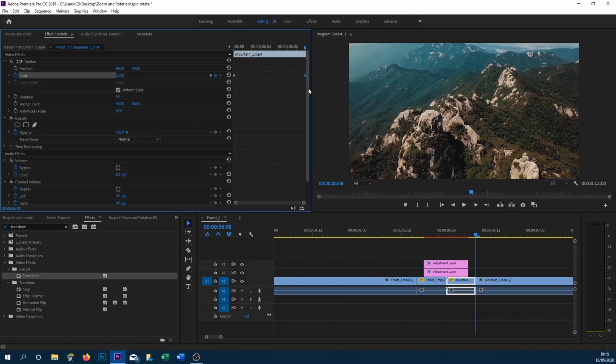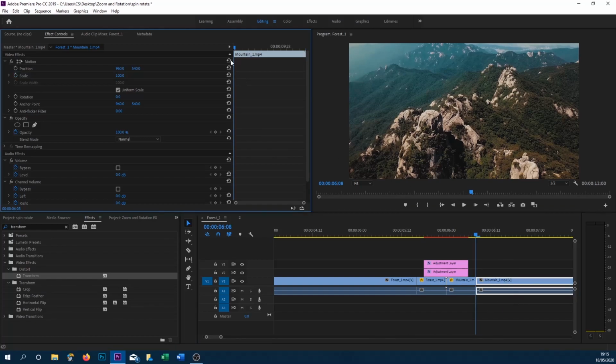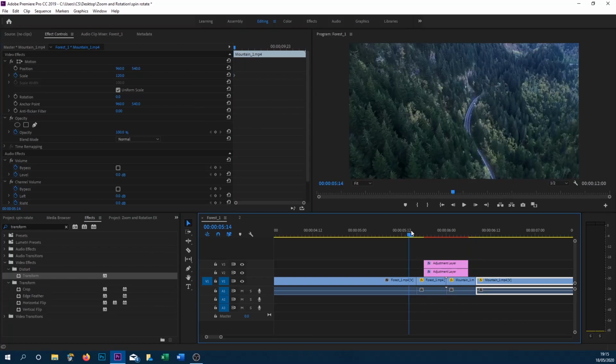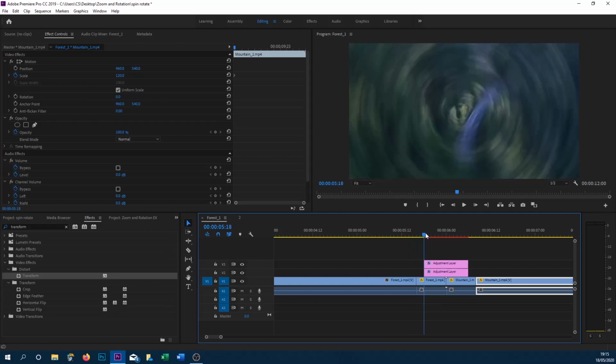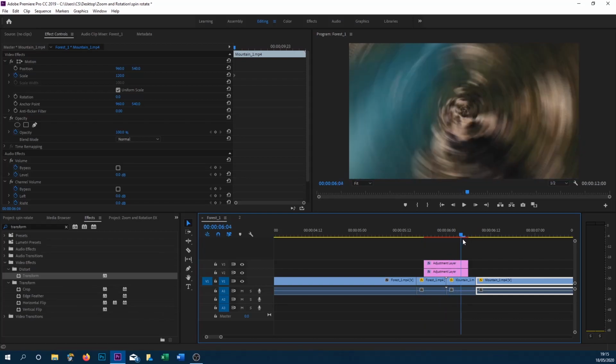What we're going to do, there's this last keyframe here. You want to left click, highlight it, press Ctrl C. Of course it is 120, if you remember it, by all means just remember it. Then you want to select the rest of the clip over here, just left click over in the effect controls and press Ctrl V to paste that in. So I'm just going to play it through like this. As you can see, it's going to zoom in, it's going to rotate, and it's going to continue zooming in,